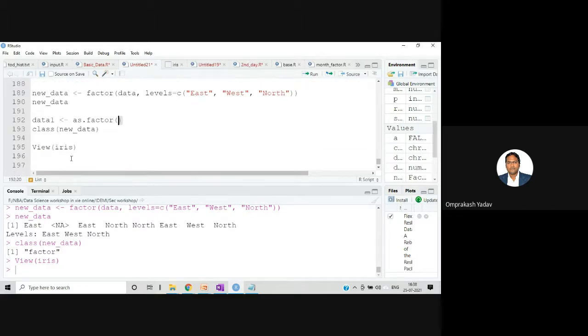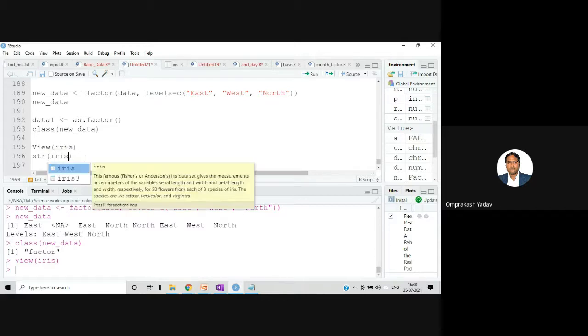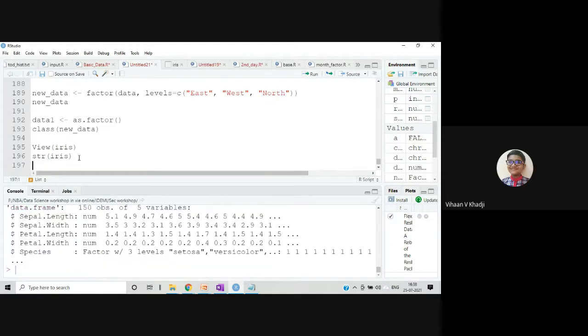For example, now I have checked this iris. If I fire the str command and I say iris, it will give me the structure of this entire data set. And if you see here, the first one, it has given me numeric data, second one numeric, third column numeric, fourth column numeric. The last column it's giving me as a factor with the 3 levels, Setosa, versicolor, and this it could not display over there. That is the Virginica. So the factor should be there with properly distinct levels. Otherwise we cannot put any analysis over there. Okay.